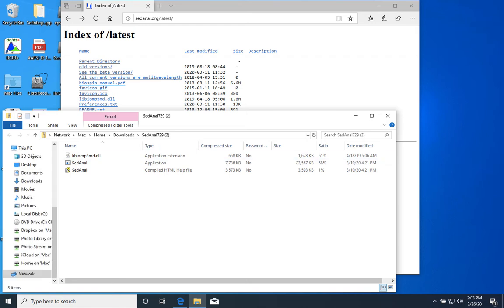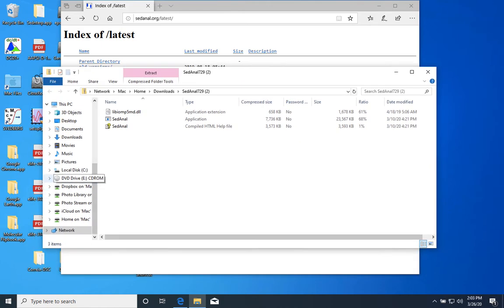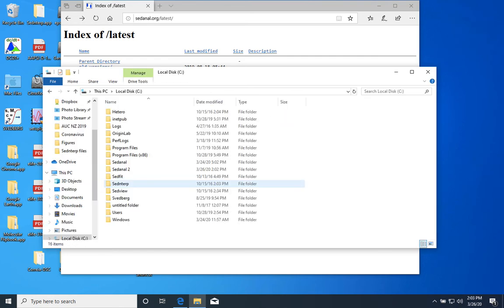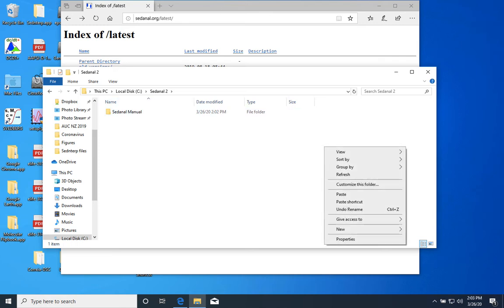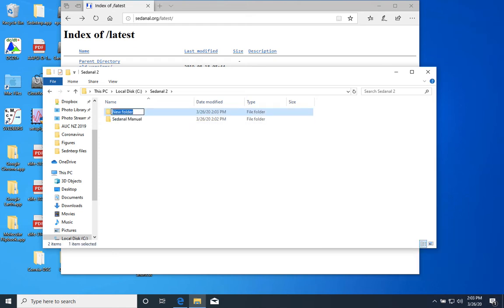Okay, and again, I want to move this into the C drive, Sedanal 2. We want to create a new folder, and this new folder is going to be called Program. Okay, you can also call this version 7.29 or something like that, but for the moment, let's just call it Program. And then in here,